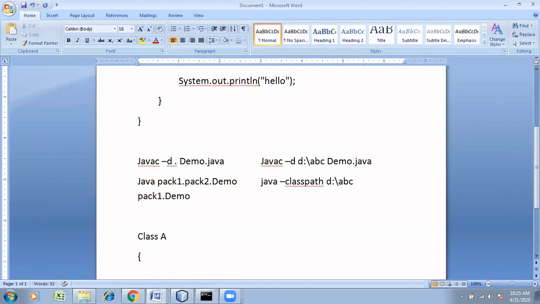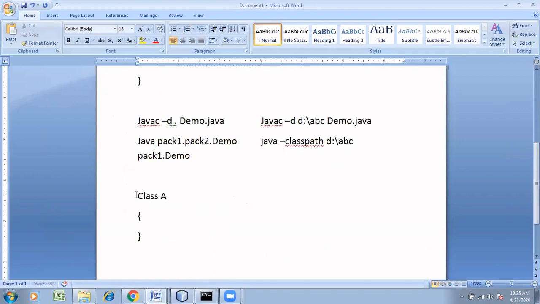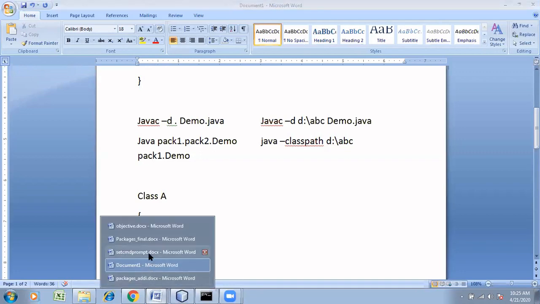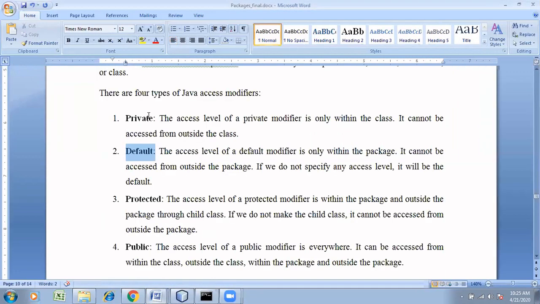In this case, I have not specified any access modifier. This is default. Similarly, within this, let me assume that I have a method called message. For this message also, I have not told whether it is private or public. So what is the access modifier for this? It is default. When you don't specify it, whether for a class, an instance variable, or a method, it will be default. So private, default, and then protected.